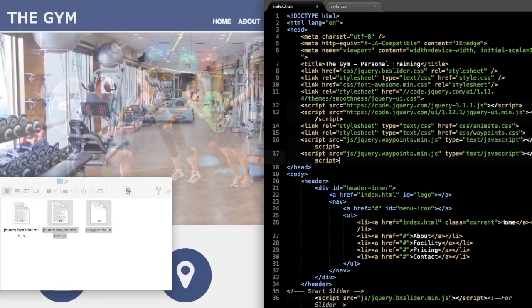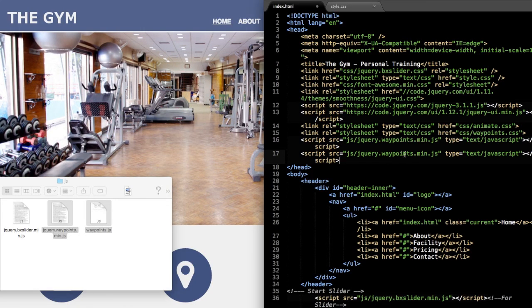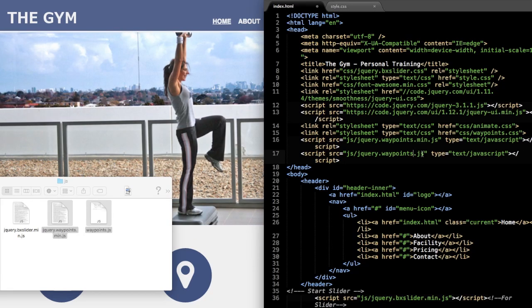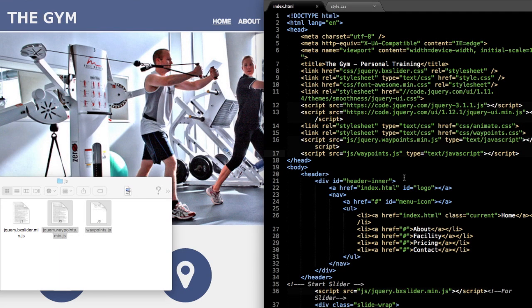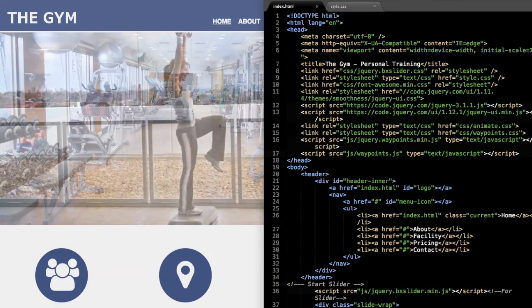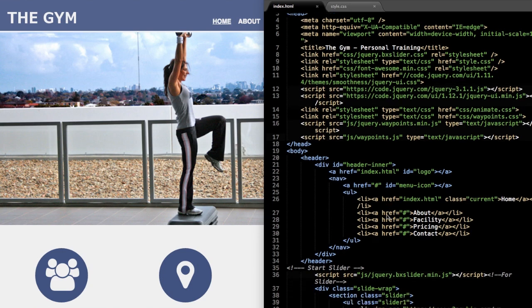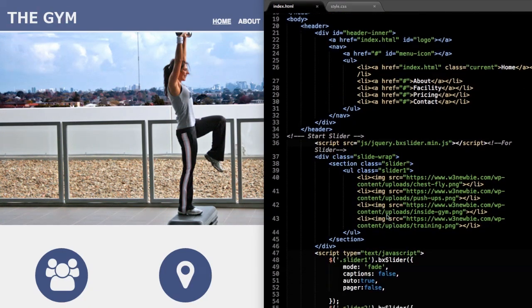Alright, and then I'm just going to copy that, and let's change a little bit of this so we have simply waypoints.js as well. Okay, so once we have waypoints.js entered, let's scroll down in the HTML document here, just underneath